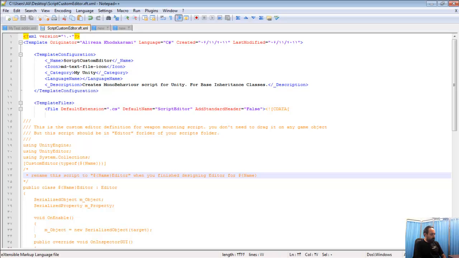Keep in mind that, sorry, when you are developing your templates for MonoDevelop, if you have any kind of problem, any kind of error in reading your files, then your templates won't show in the menu. And I think this is one of the reasons that most Unity people, on Windows especially, can't find a way to develop the template for Mono. So